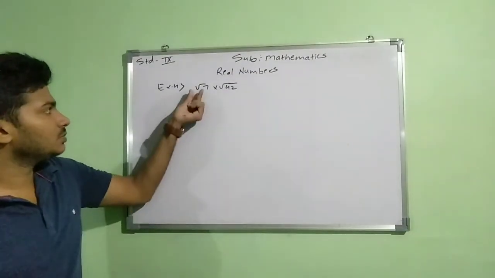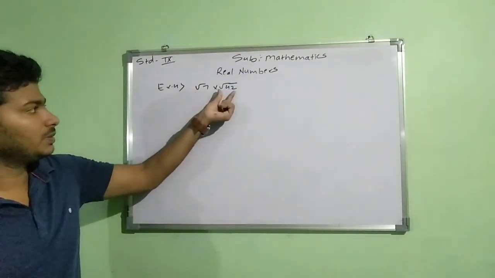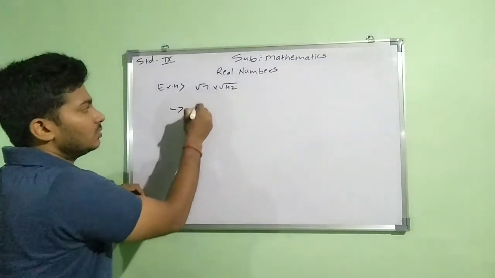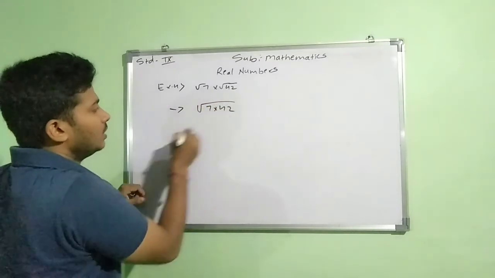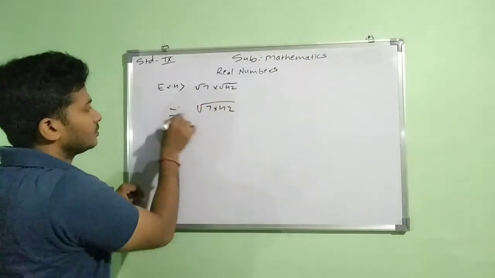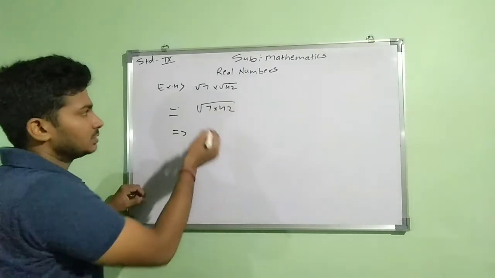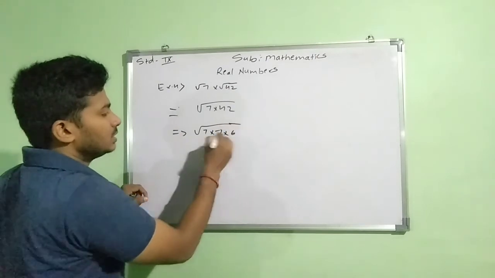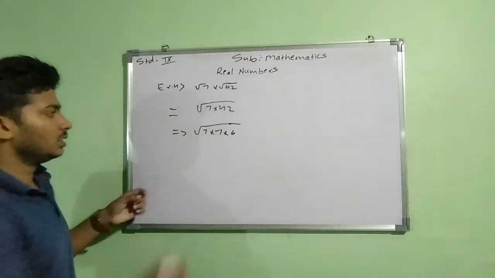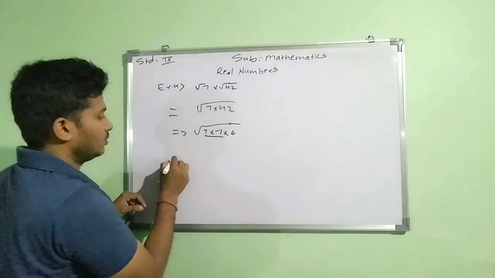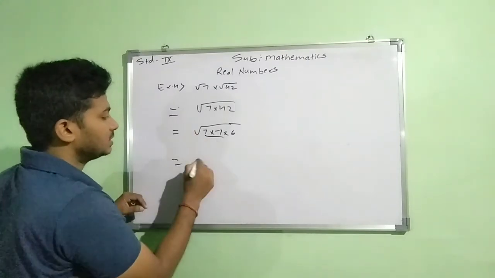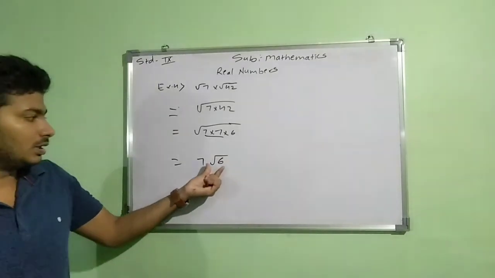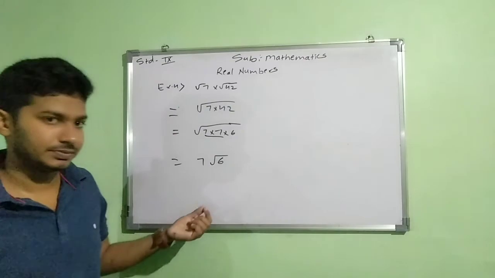So now the next example is multiplication of root 7 into root 42. If you carefully look at that example, that multiplication we can do directly, that means 7 multiplication 42. And 42 we can write as 7 into 6. 7 6s are 42. So look here, that 7 and 7 both are repeating. So 1 7 will come outside the bracket and inside the bracket 6 will come. So 7 root 6, that will be your answer.